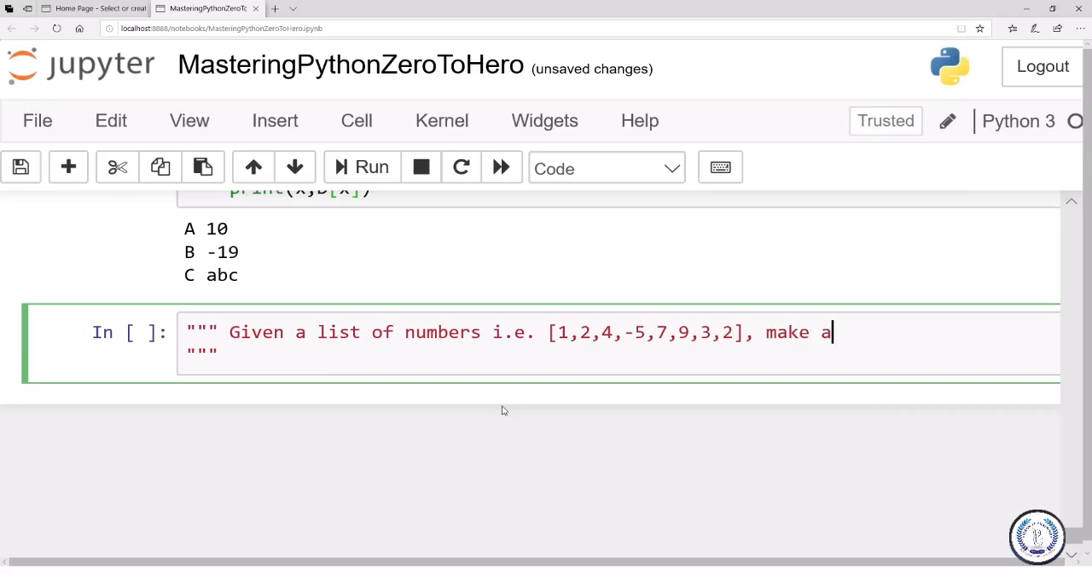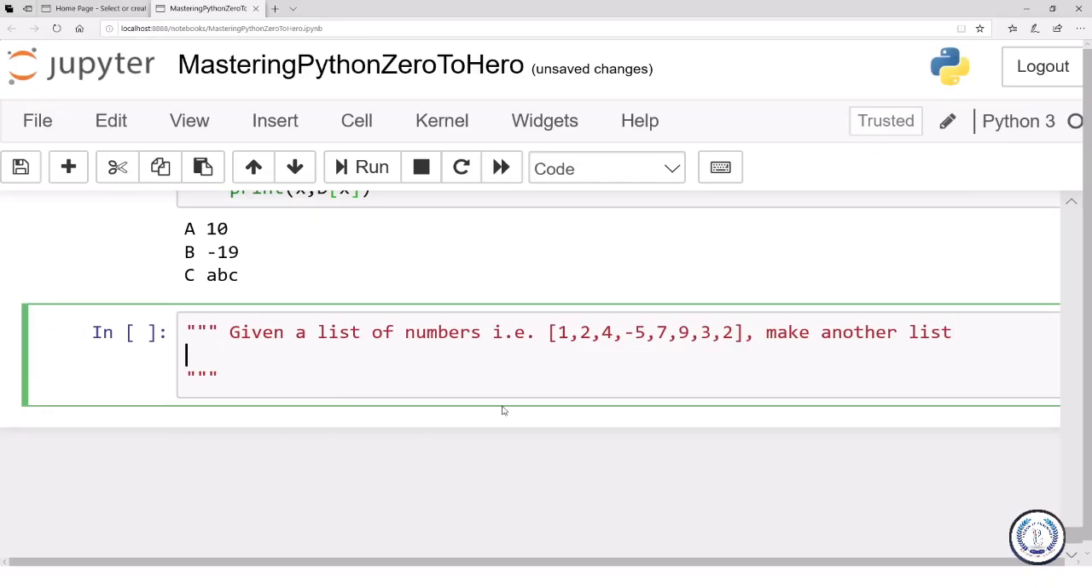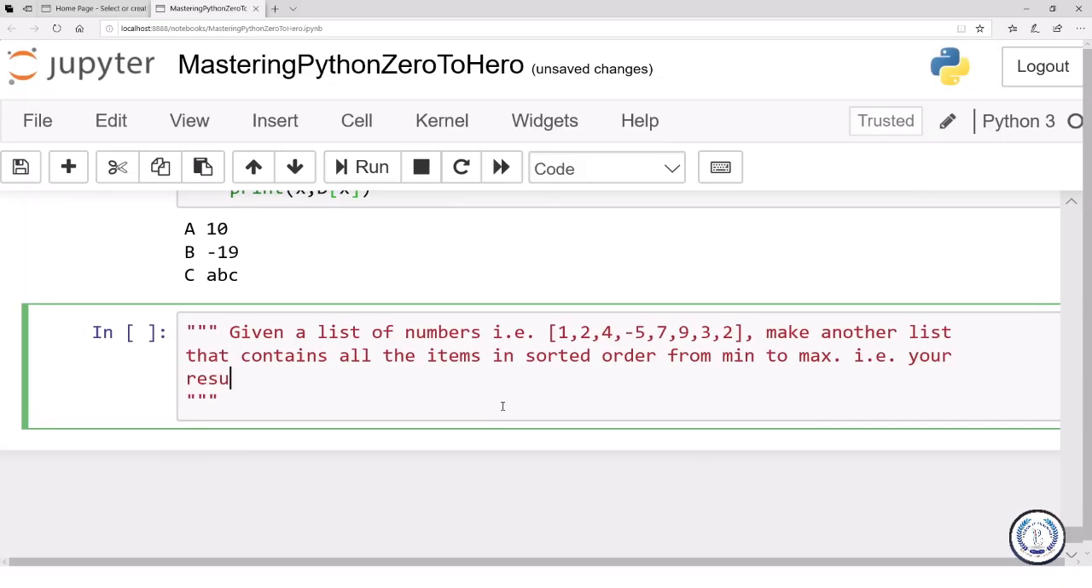Make another list that contains all the items in sorted order from minimum to maximum, i.e. your result will be another list, like